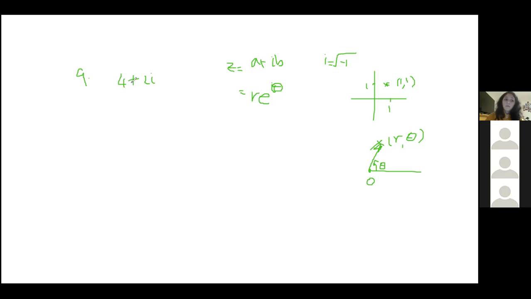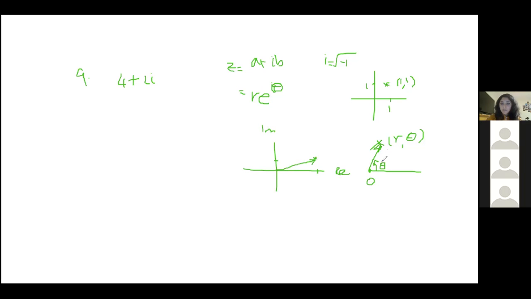So the question is, we want to express 4 plus 2i, which is currently in this form where a is 4, b is 2 and i is just i, and we want to take it to this form. This is the Euler's form. The way we do this is, first of all, we want to work out the magnitude. And this is where vectors come in again, because you can express 4 plus 2i as a vector. How would you do that? Well, you have 4 on the real axis. This is no longer x and y, don't be confused. You go 4 on the real axis, and then 2 on the imaginary axis, and so we have a vector.